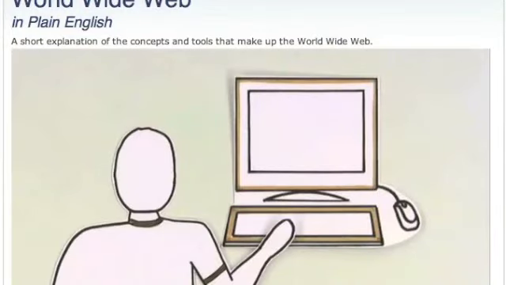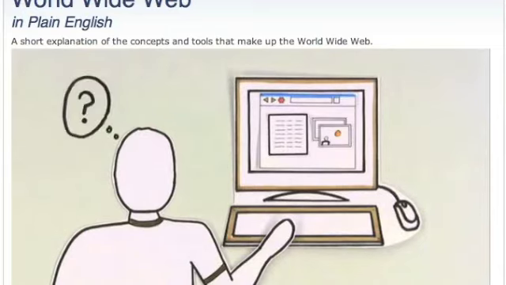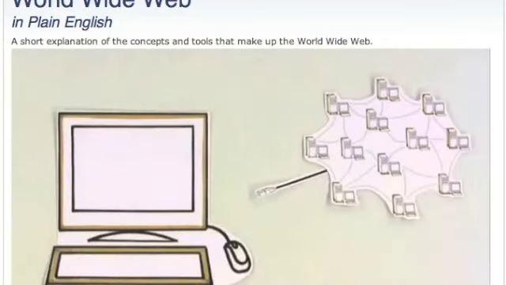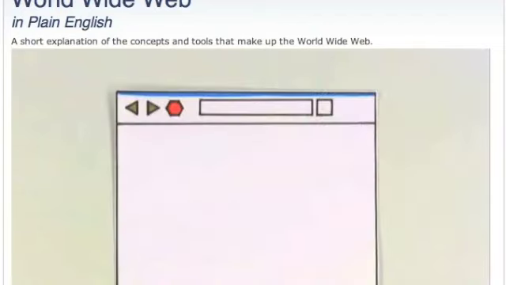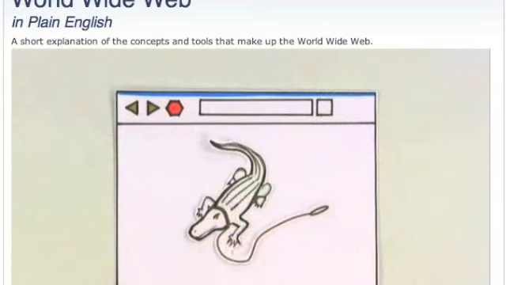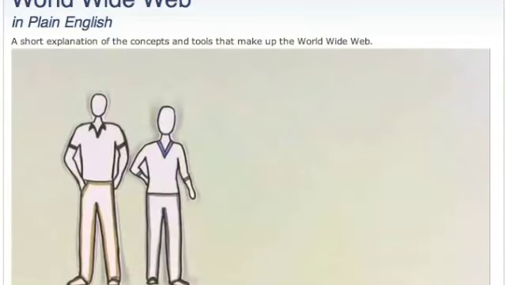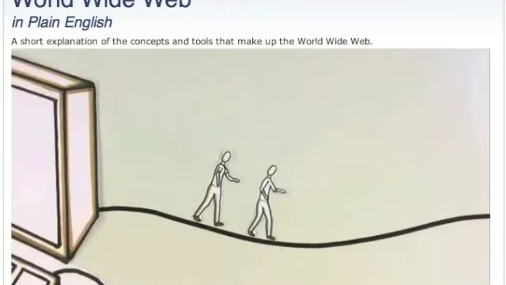Have you ever wondered, when you visit a website, where those words and images come from? This is the World Wide Web in plain English. These days, as long as we have an internet connection, using the web is pretty easy. We can visit billions of pages on things from pet alligators to the weather in Holland. To help figure out how it works, let's pretend we can get really small, follow the wires, and explore what